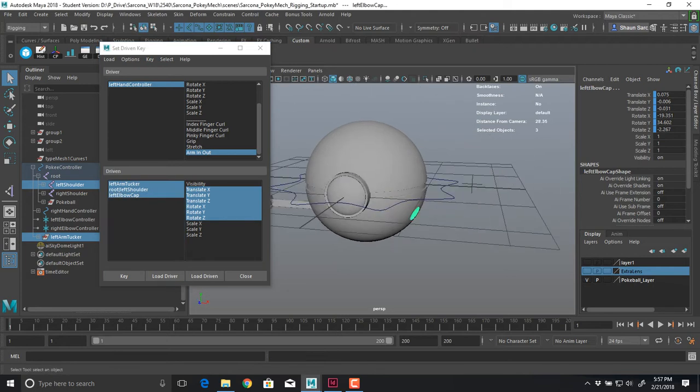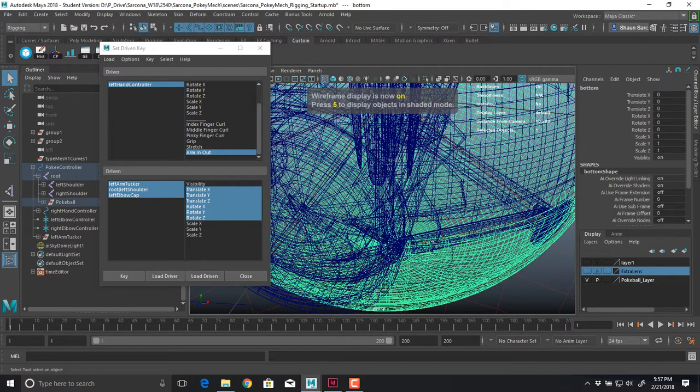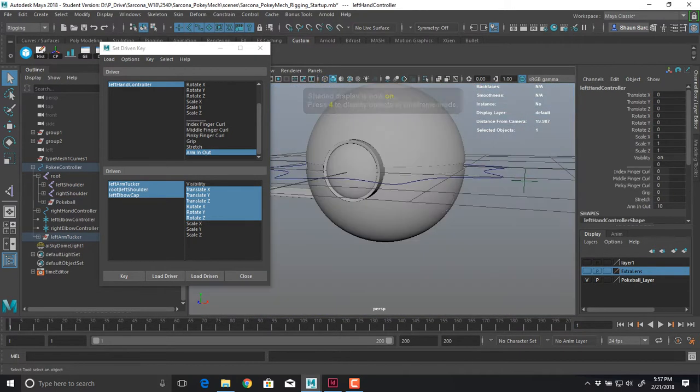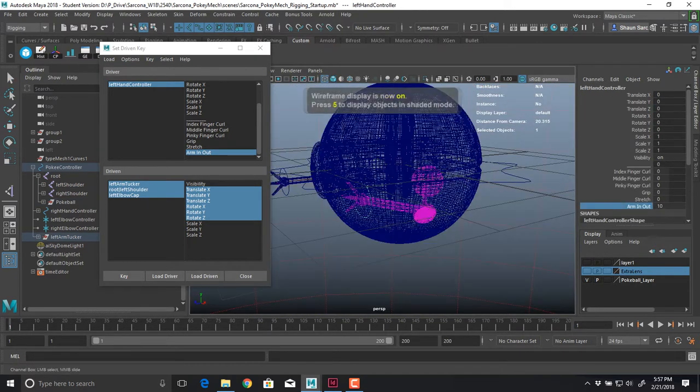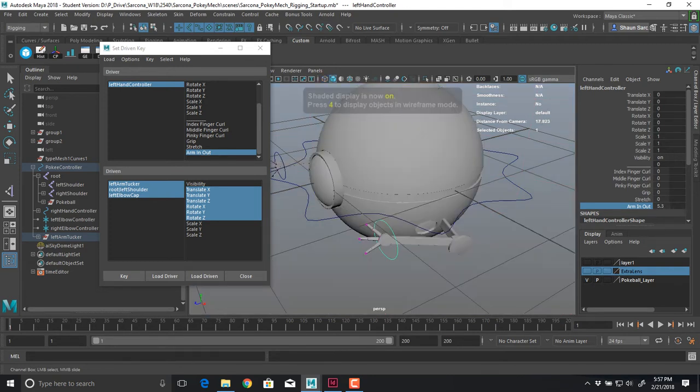Now this is where it's going to get funky, because when I grab that controller that's inside here, that's inside the arm, and I start moving it out, watch what happens to this. It's just going to go right through the body. Okay, so obviously it can't do that, so what I have to do is go to, let's say, 4.7,